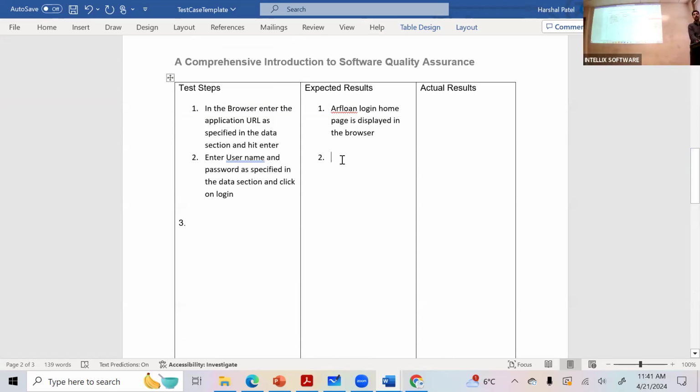So does the application get opened? What is the first thing that happens? It's going to first check, did I provide the right username or password? And if I provided it, the first thing is it's going to log me in, before even doing anything else.